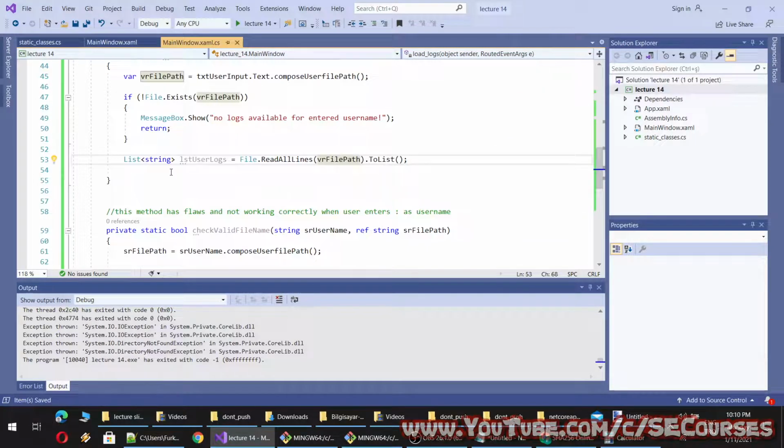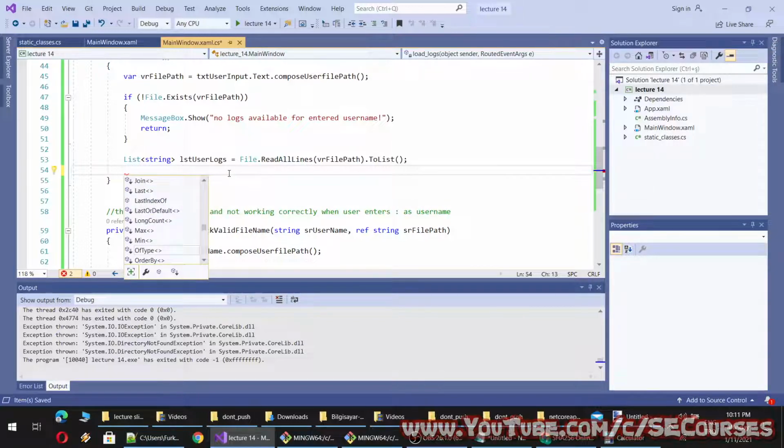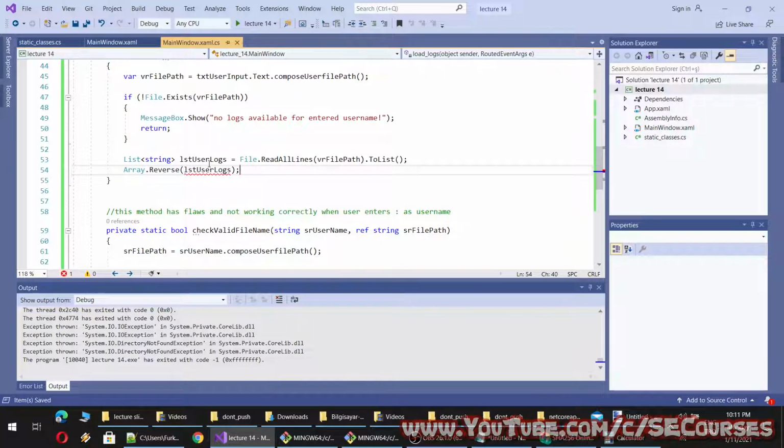Okay, now we have read the user file logs, then we will reverse it. To reverse it, we will use Array.Reverse. Okay, and this also supports lists, I believe, or I think it has a Reverse extension directly.